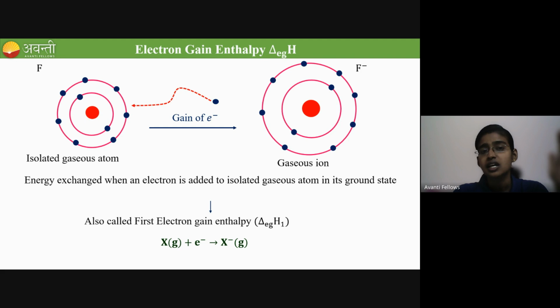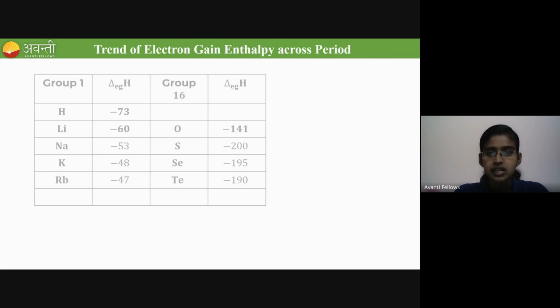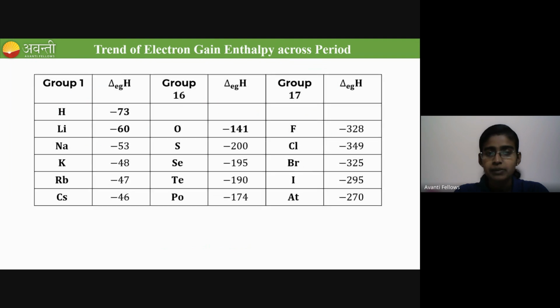And since the energy is released from the atom, it is called an exothermic process. It is an exothermic process, and the delta H value, if you see, will mostly be negative. Since it is an exothermic process, it is highly negative, and you have to keep in mind that only the first electron gain enthalpy will be negative. The second and third electron gain enthalpy will be positive only. Now let me quickly recap the trend of this electron gain enthalpy across the,